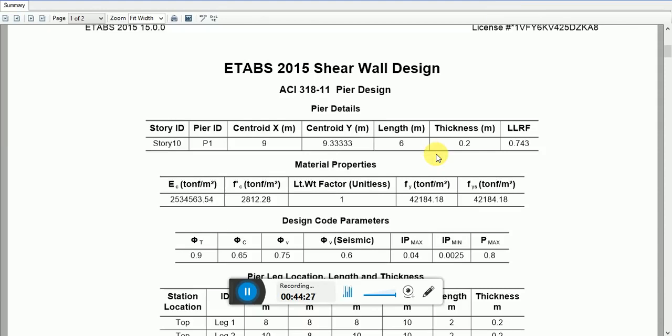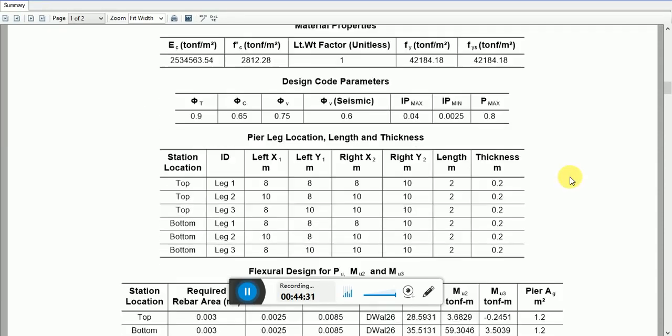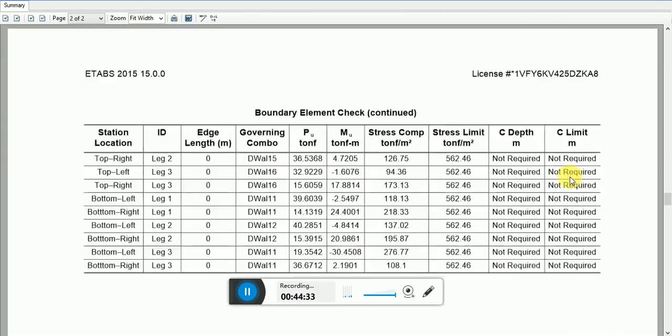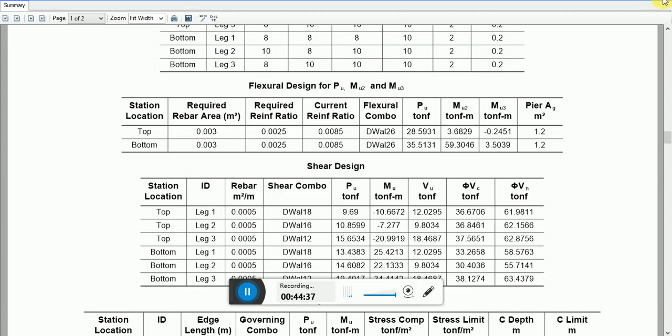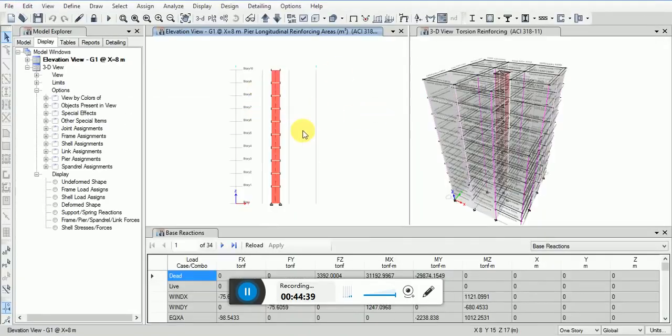This is the pier story 10, P1, shear wall design. So this is the way we design seismic analysis of a 10-story building, including concrete, beam, column, slab, wall design and